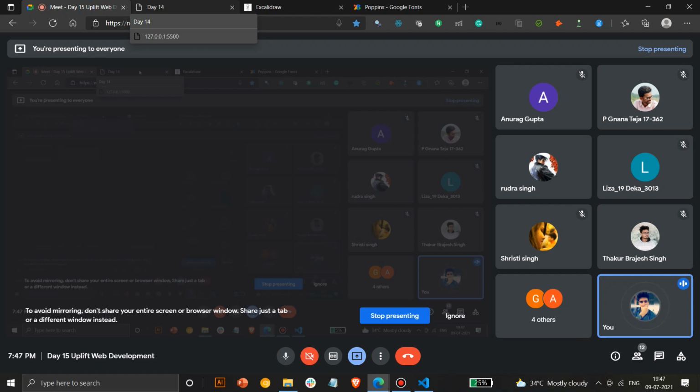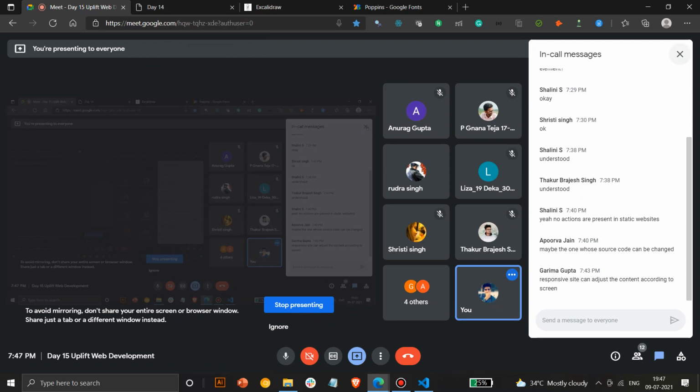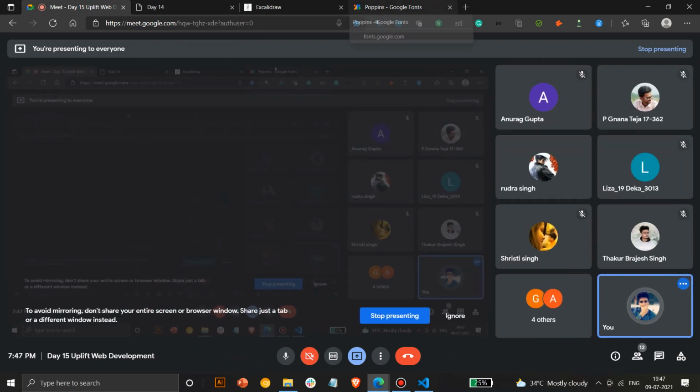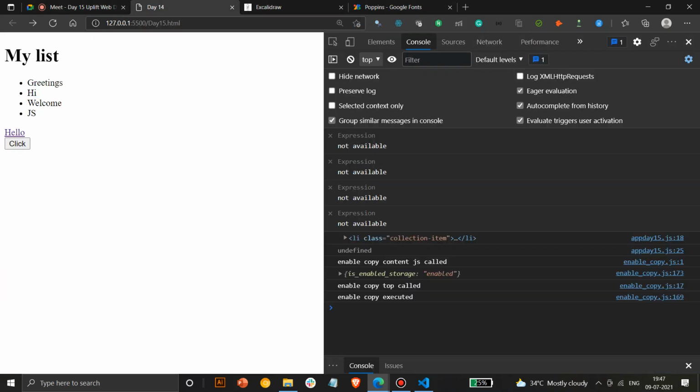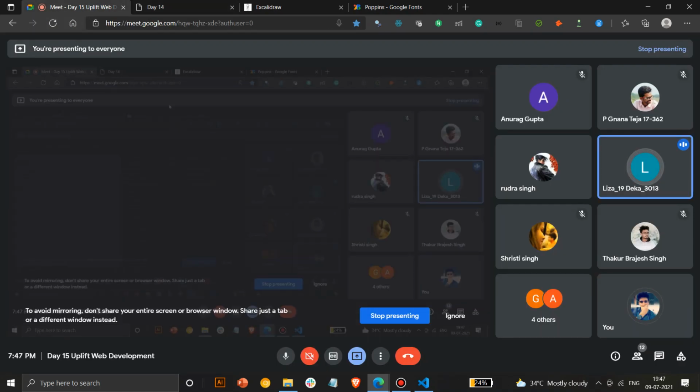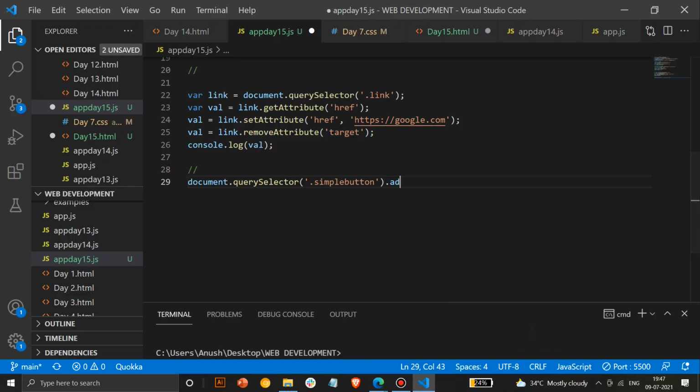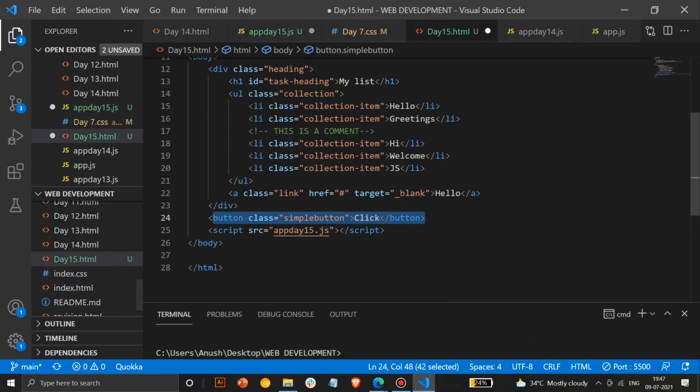Just by name, you can try guessing what it should do by default. No idea then? So it adds an event to the element. Yes, that's correct.